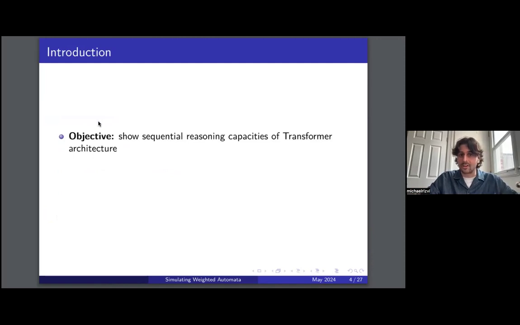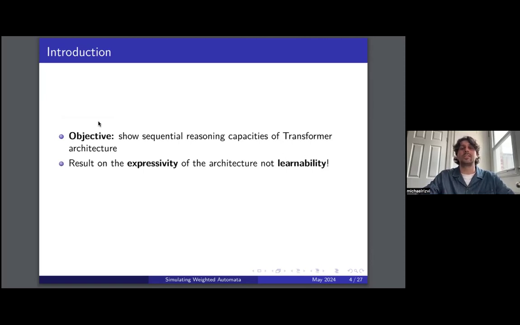So let's start. The objective generally of this line of work is to show the sequential reasoning capacities of transformers. By this, what we mean is really the expressivity of the architecture. We're interested in seeing what kind of complicated constructions or interesting algorithms we could encode within the parameters of the transformer. We're not really interested in whether or not gradient-based learning or any other learning rule would actually get there. It's more a result to understand the parameters and the way that this model is manipulating inputs,